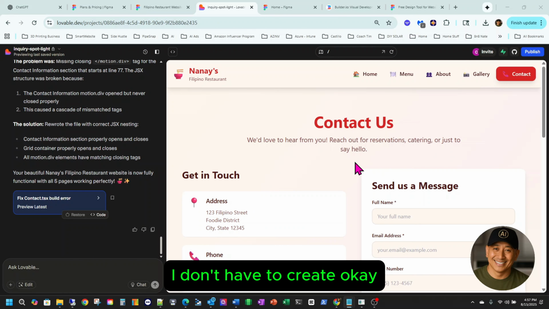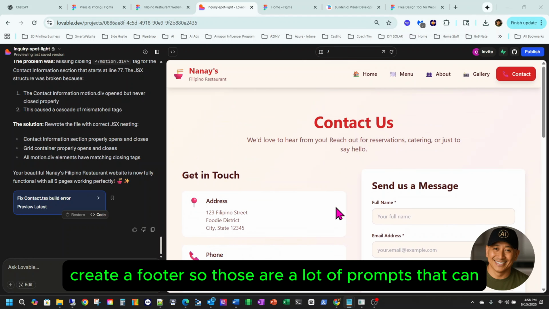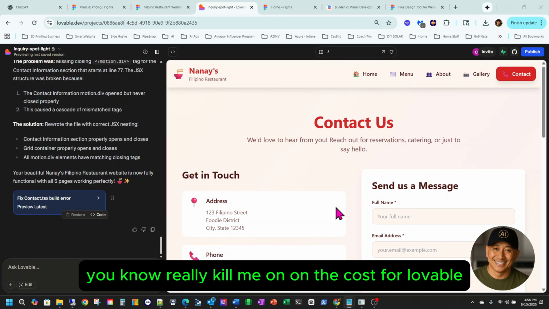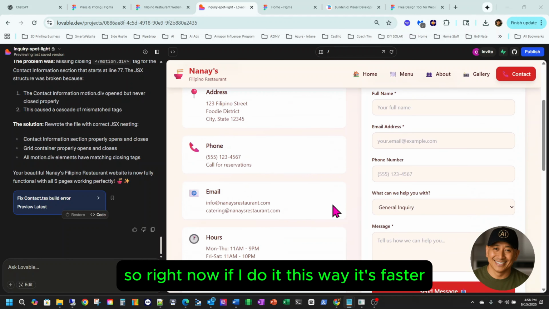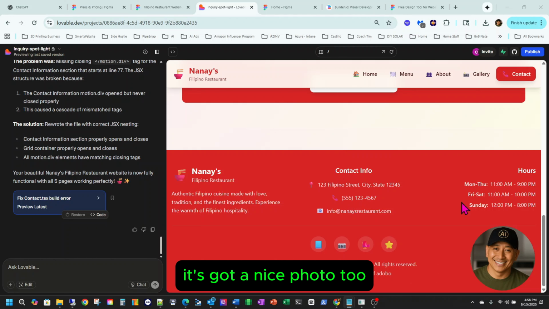I don't have to create a menu, an about section, a gallery, a contact, a form, a footer, all this stuff. Those are a lot of prompts that can really kill me on the cost for Lovable. So right now, if I do it this way, it's faster. You know what I mean? It's got a nice footer too. So my next goal is,